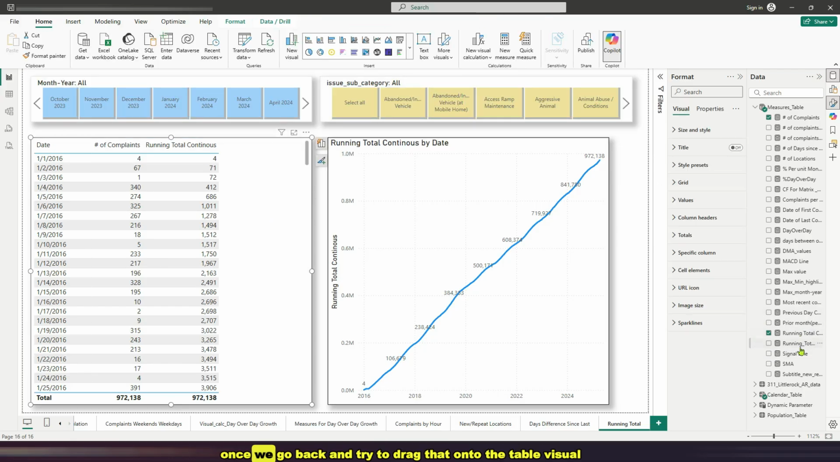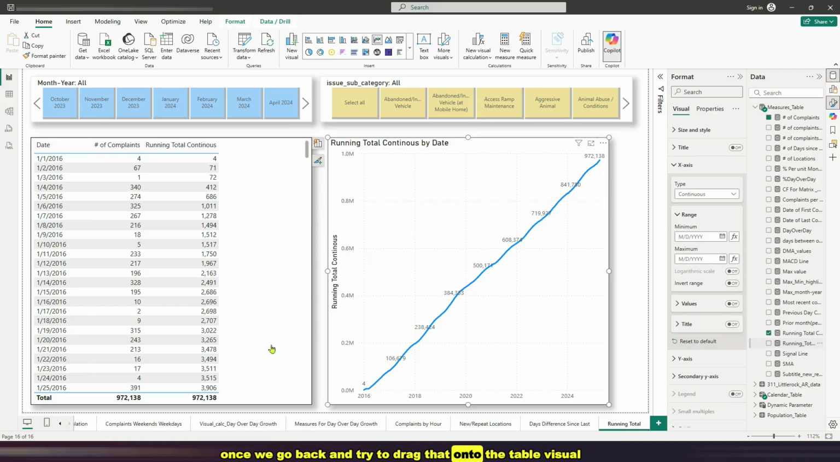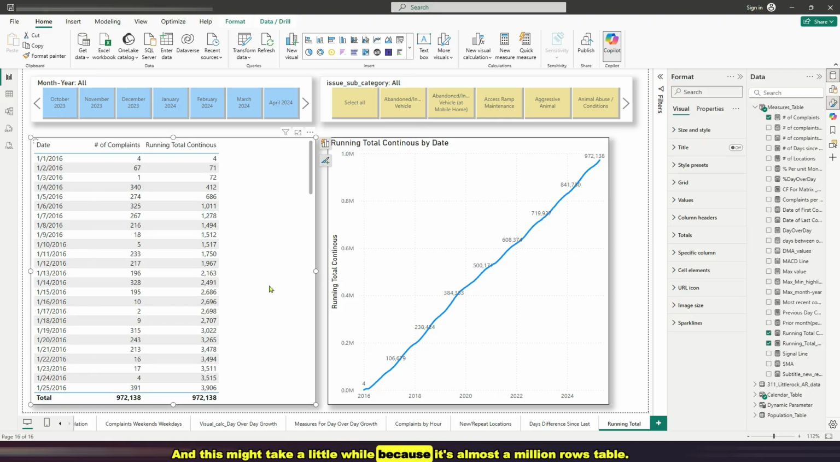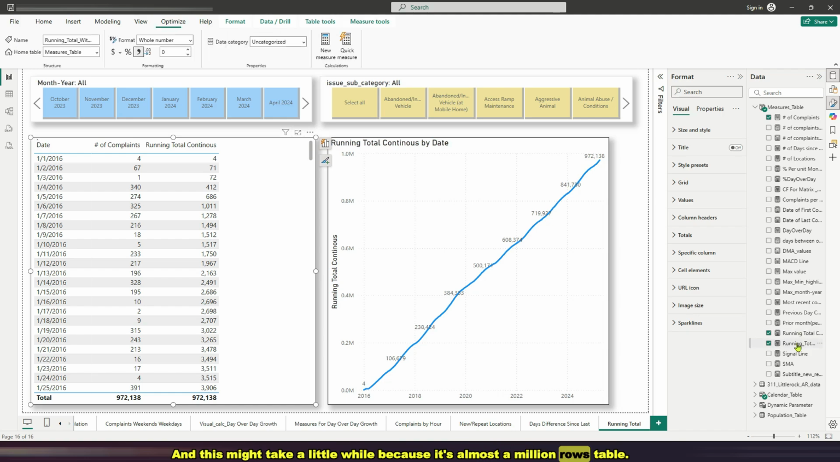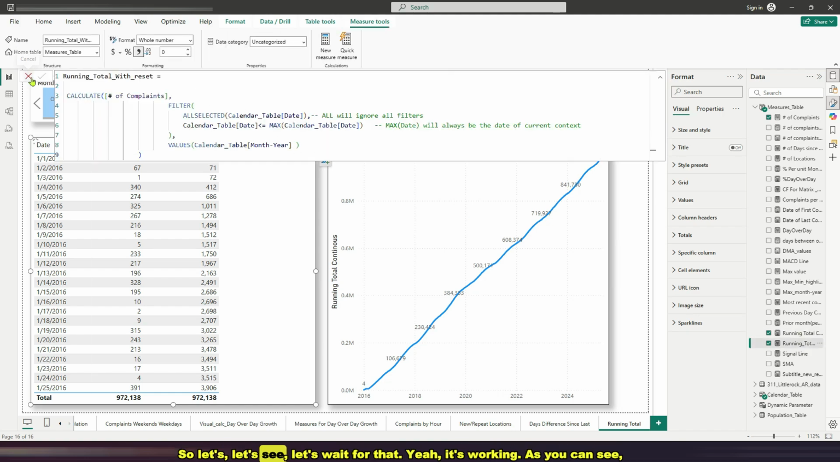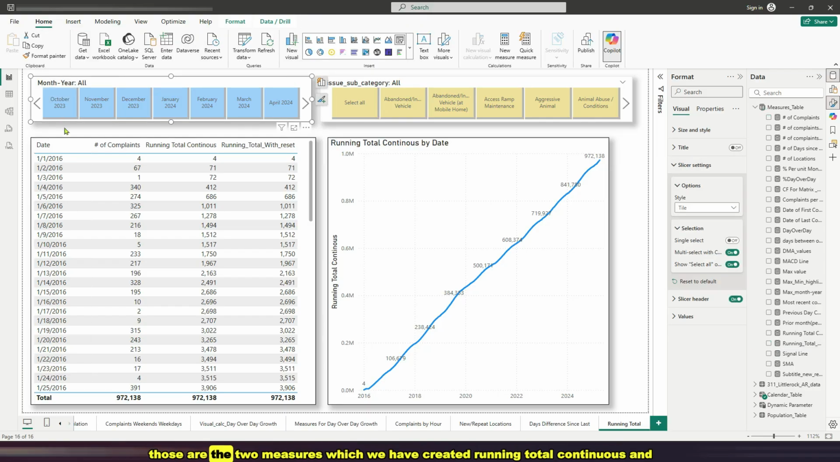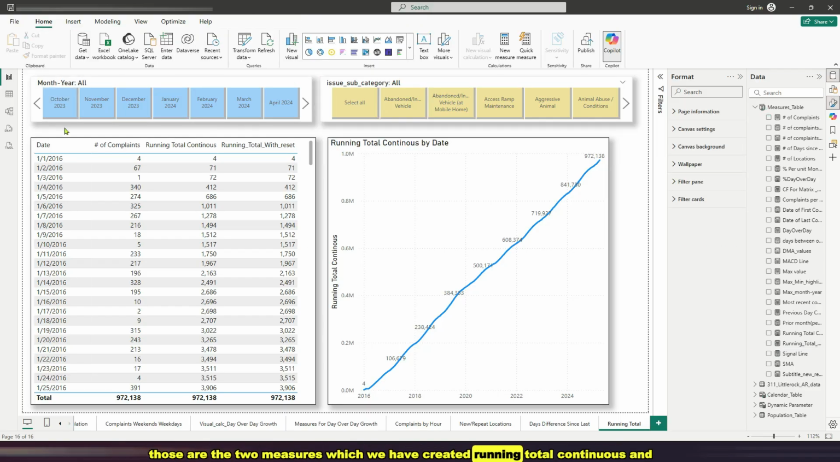Once we go back and drag that onto the table visual, we see those values here. Let me just make sure that that is working. And this might take a little while because it's almost a million rows table. So let's wait for that. Yep, it's working. As you can see, those are the two measures which we have created: running total continuous and